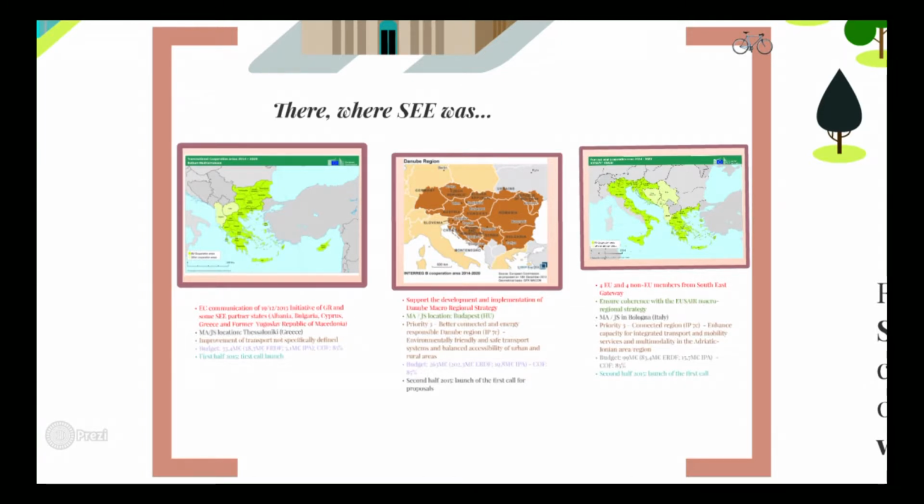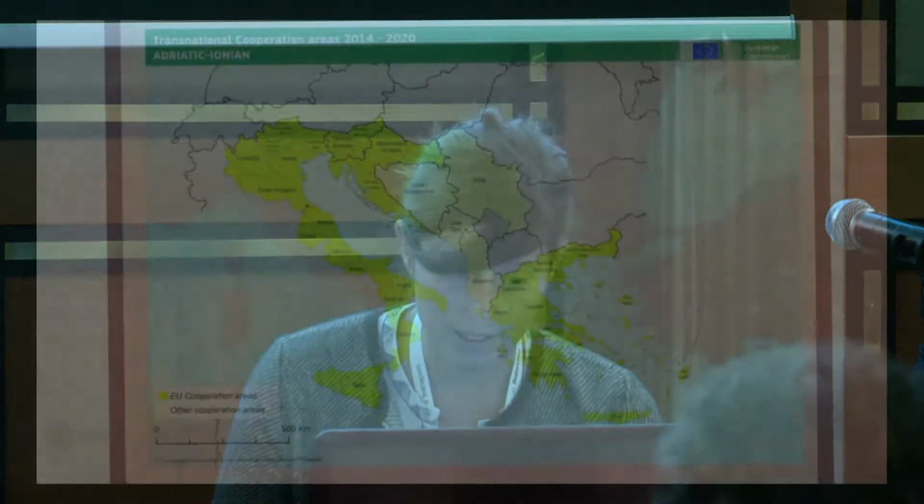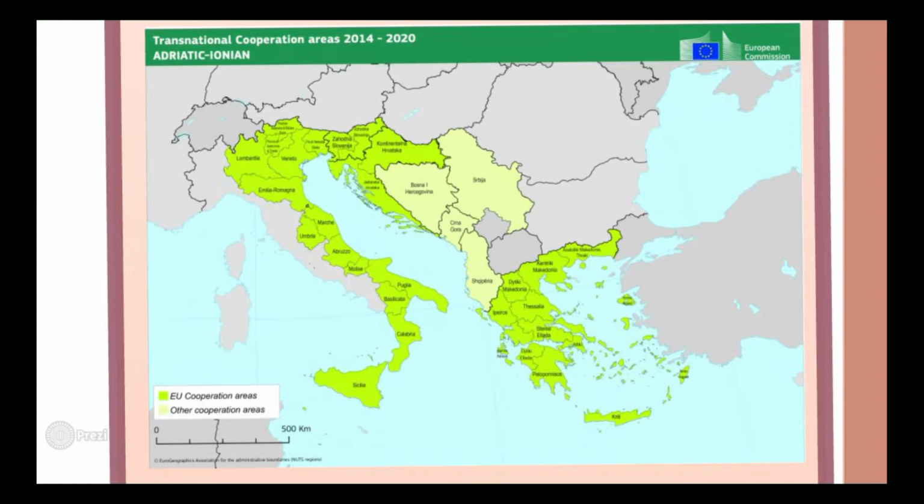There will be, it seems, some instruments for allowing you to cooperate between 2 programming areas, but this is not 100% sure yet. The first one, what I want to present you, maybe you know, is the Adriatic Ionian Transnational Cooperation Area. It covers quite a number of countries that were originally in the Southeast Europe, and would allow somehow a continuation of some activities that were focusing there. Not everything. Of course, we talked today about the Corridor 7, which is not